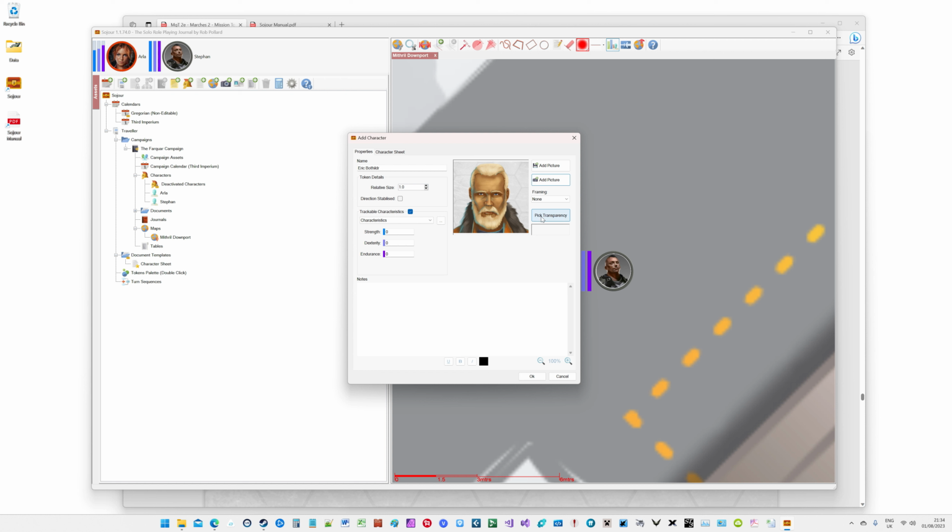of picking transparencies. Now, what transparency does, it enables you to pick a particular color, and then Sojour will set it to transparent. In his case, it's not really worthwhile because he's got this hexagonal background. But what we can do is give him a nice circular frame, and you get a choice of lots of different colors. So I don't know, let's give him purple. Yeah, let's give him a purple frame. And there you go. So now when we hit OK,